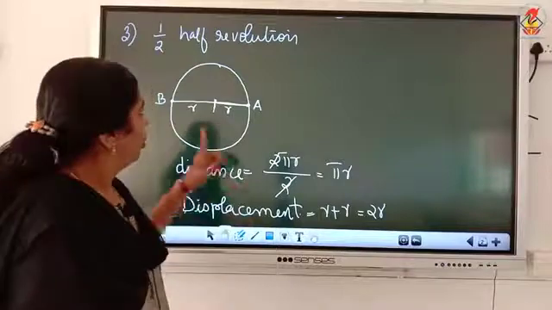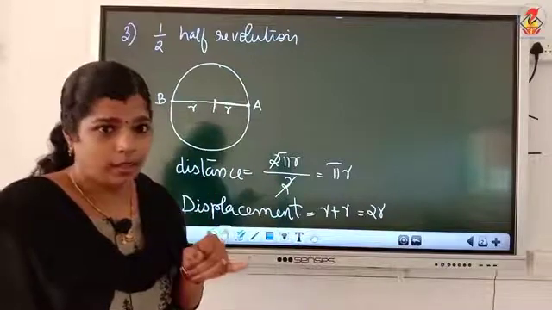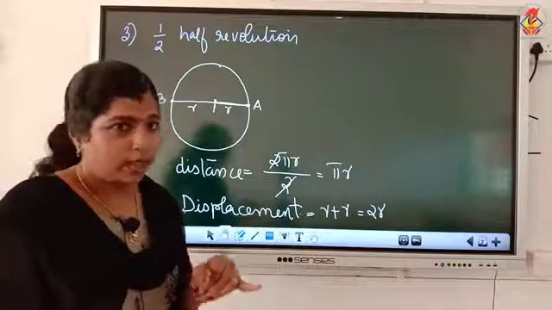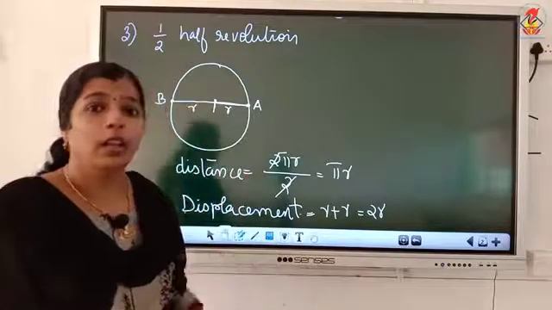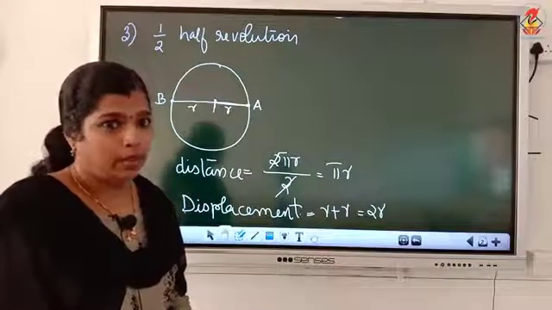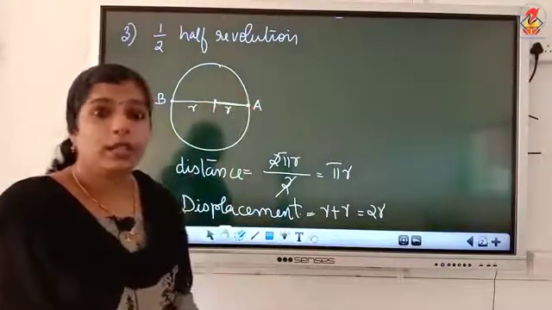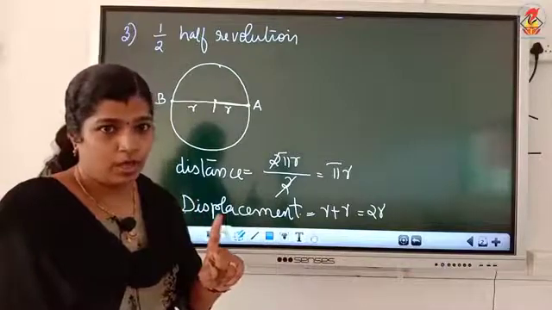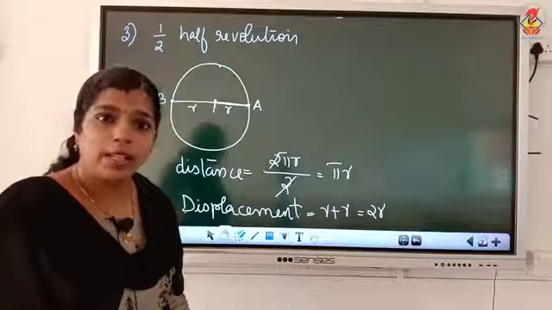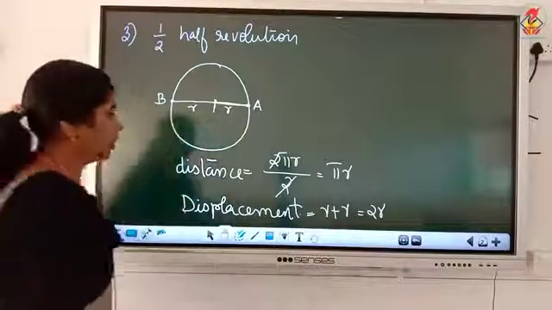So, we have done 3 questions. First one in the form of a right angle triangle, we can calculate the distance and displacement. Second one and third one in the form of a circle, circular path. In the second one we calculated the distance travelled after completing one revolution, and in the third one we calculated the distance travelled and displacement after completing half revolution. Now, one more is there.